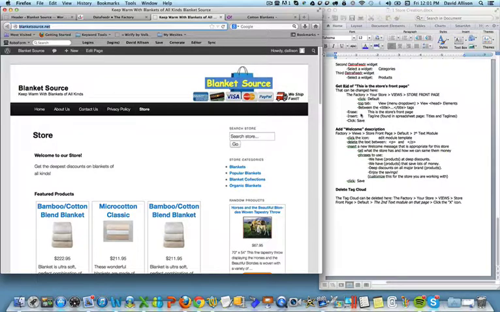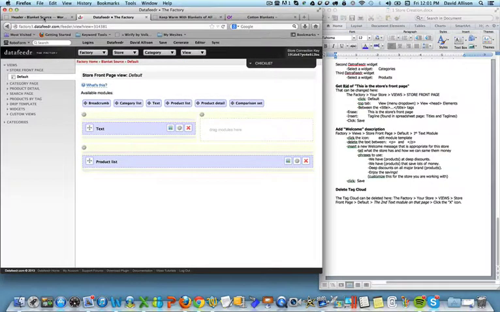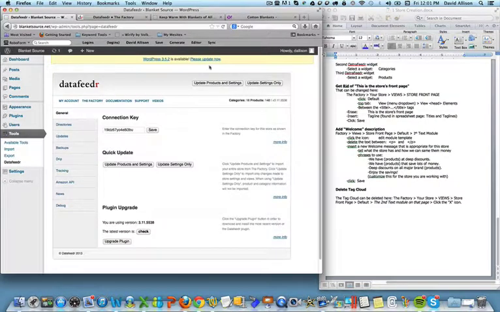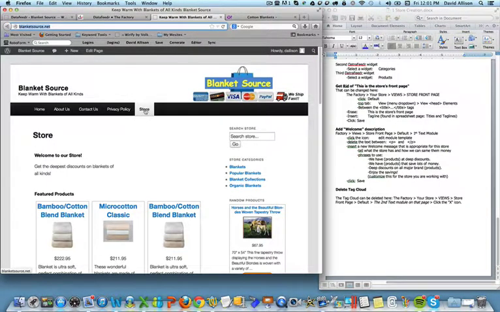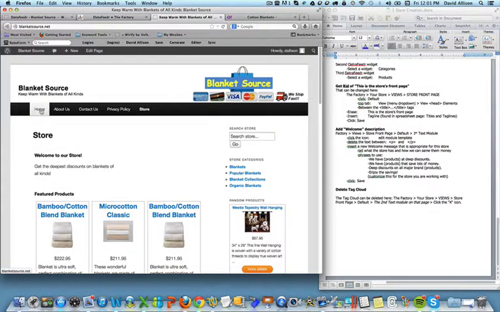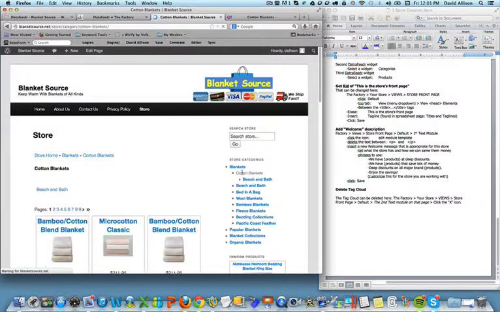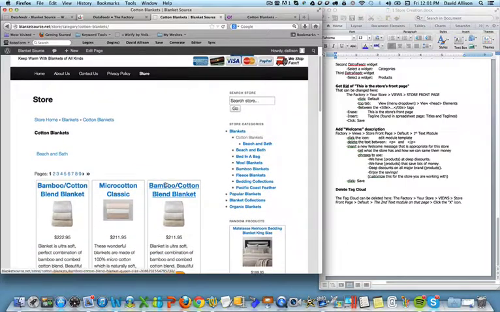Once you've done all the updating of the products and settings, you'll see a store button here, which should basically contain the same information as the home store or the home link page. It shows our categories that we've set up, and you're going to add a few more categories. If you click on blankets, it will show the subcategories that I've placed in there. And of course, I've got products in the cotton blankets, and it shows our cotton blankets